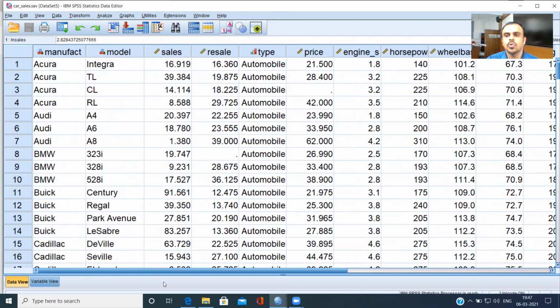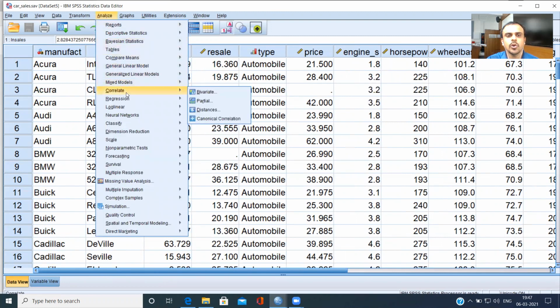Now, how do you generate a correlation matrix? Now, you can go to Analyze. You can look at the option Correlate and Bivariate. But the problem with this particular option is that it gives you a lot of unnecessary details like significance value and sample size. Now, for the purpose of this video, significance value is not something that I'm looking at. I'm also not looking at the sample size and such things. So what I'll do is I will just avoid this particular option.